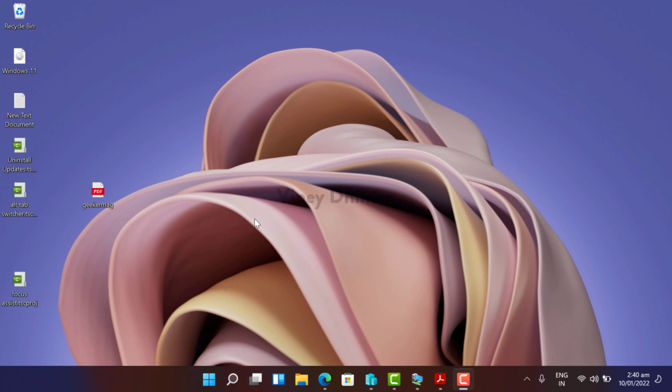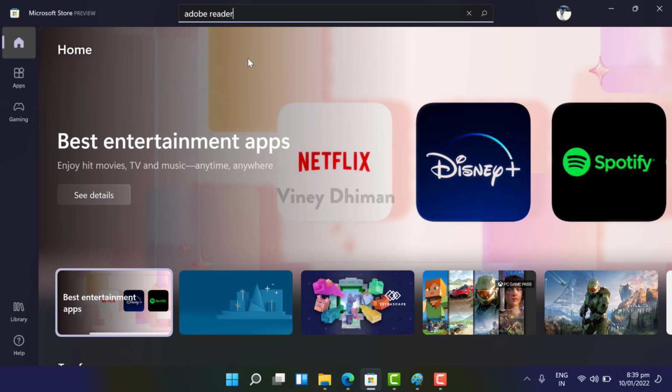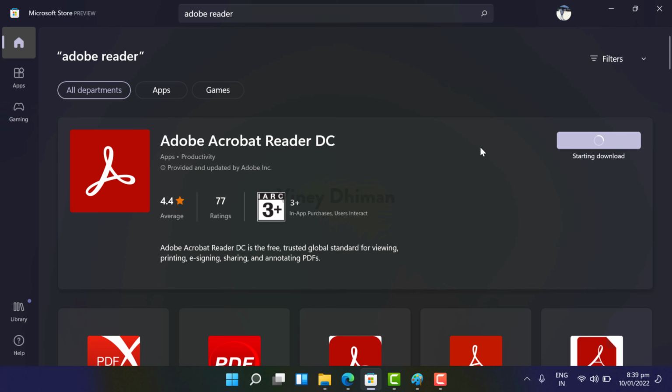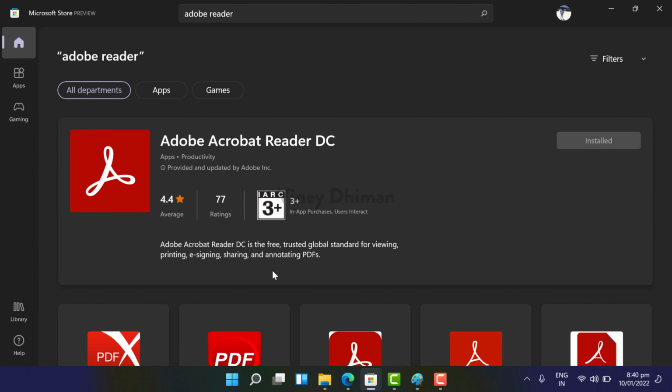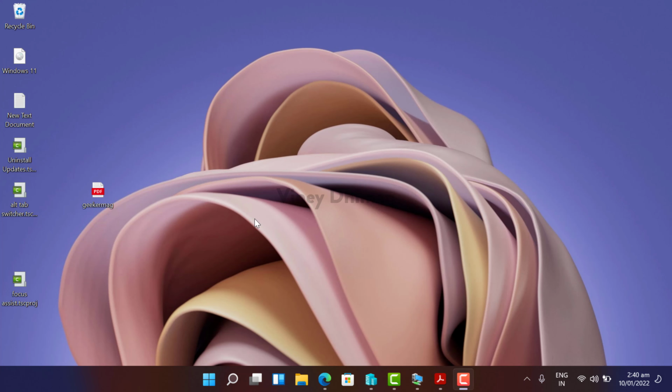Before we move forward, I presume that you have already installed the Adobe Reader application on your Windows 11 PC. In case you have not installed it yet, then you need to head over to the Microsoft Store and download it from there. Once done, the first method is by using the Settings app, and for that you need